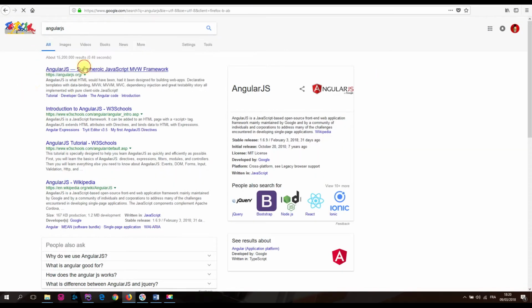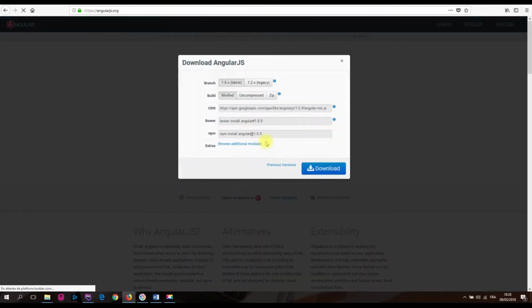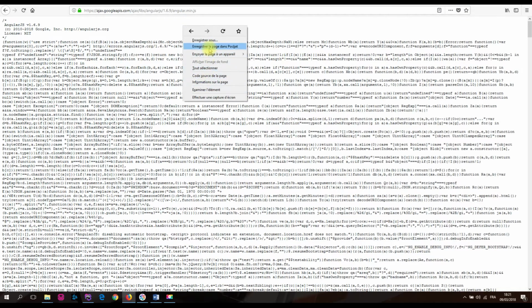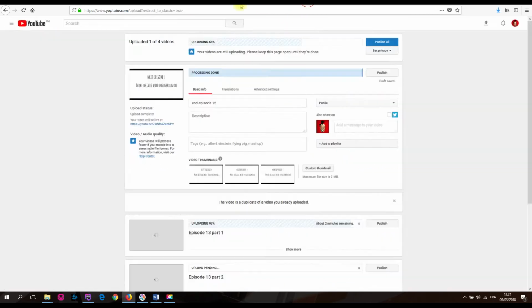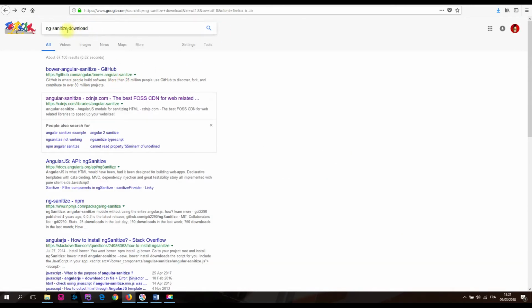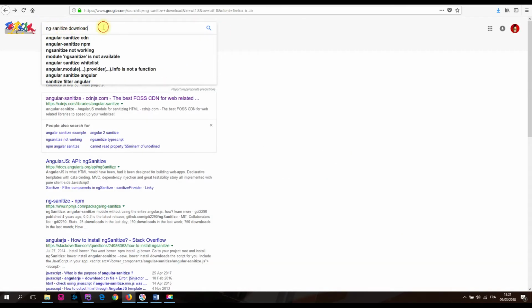Type AngularJs here. Access this, download just 1.6 and download. You will get this file. Create angular.script. That's it. Also, we need to download the ng-sanitize file,